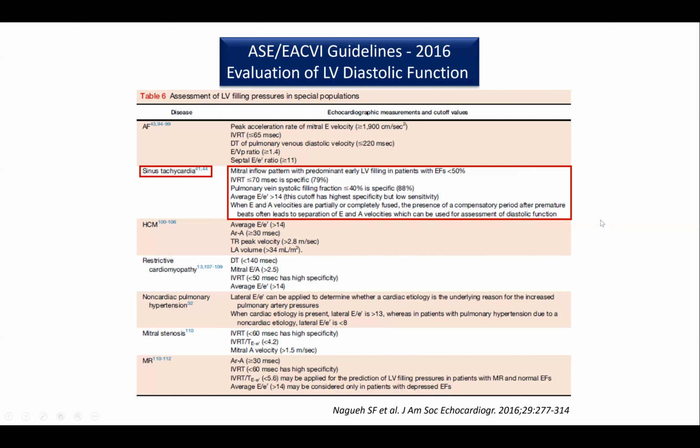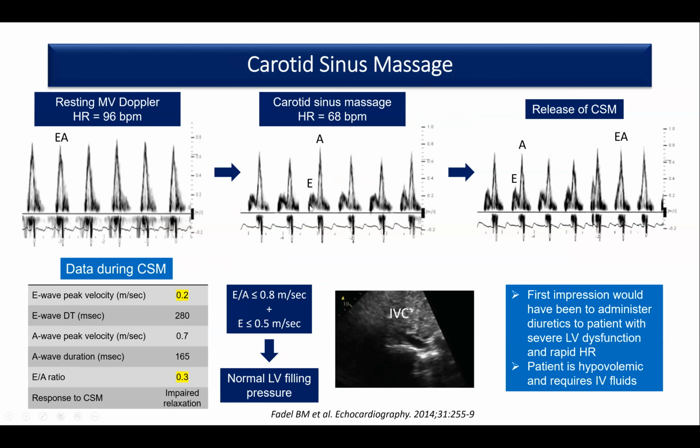What should you do? Well, what we did on this patient is we did a carotid sinus massage to slow down his heart rate. And look what happened. Heart rate of 96, we did the carotid sinus massage, and look what happened. We end up having an impaired relaxation pattern. The E velocity is very low, and you have a